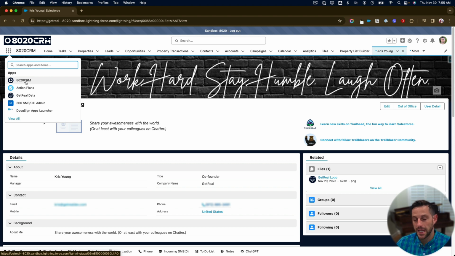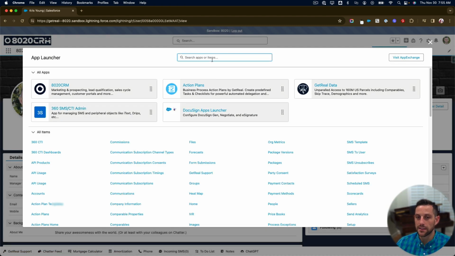So an app is a collection of tabs with some different layouts usually. So the 80/20 CRM app, the app that we deliver, action plans we deliver, get real data. This is all API connection to skip trace and county record data. If you're using 360, there's DocuSign. You'll notice the DocuSign icon is missing in sandboxes. And if I want to see more apps and more objects, I can click that, view all, and now you